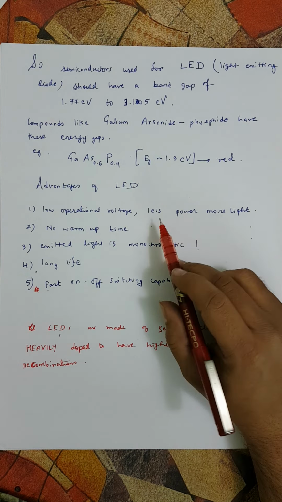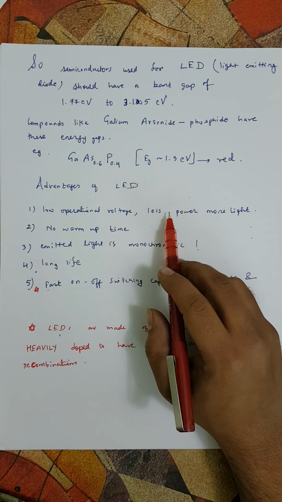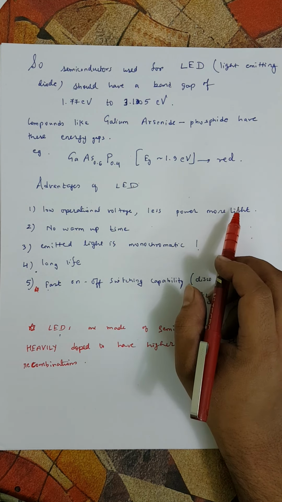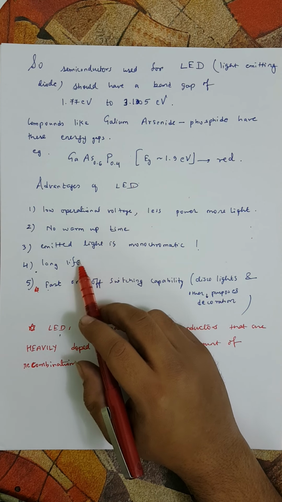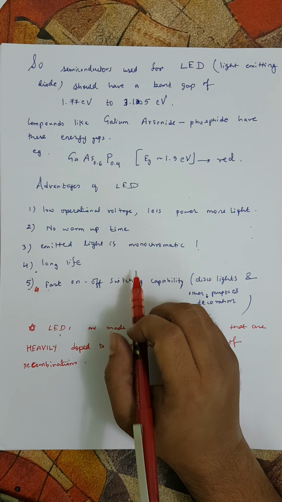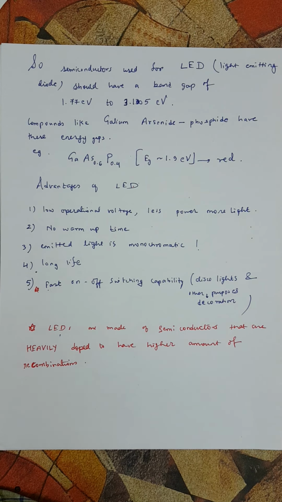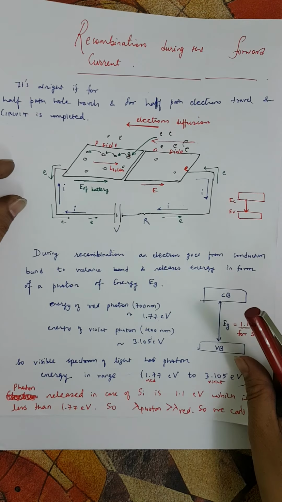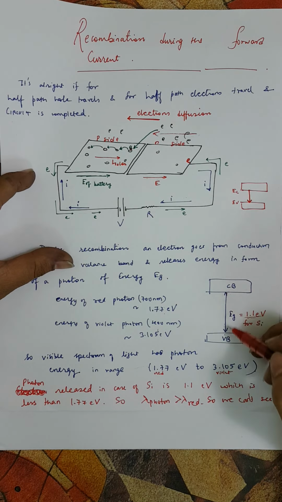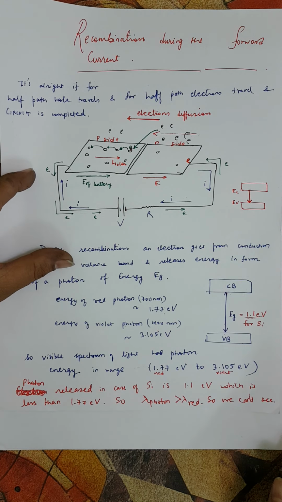So less operating voltage, that's one advantage, and then less power is also consumed. No warm up time required, as I already explained. Then the light emitted is nearly monochromatic, because of the constant band gap. One semiconductor will have only one band gap, and so the energy of the photon released will be